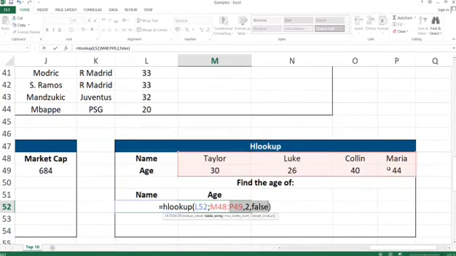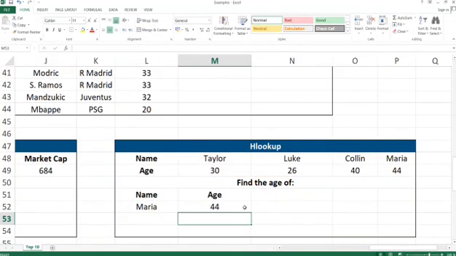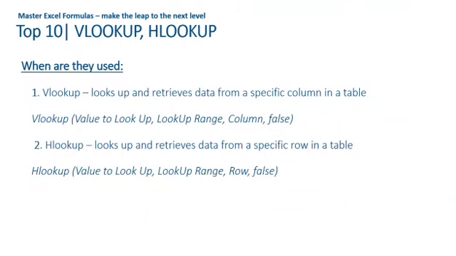And if I just replace the comma with semicolon again, we get 44. Again, this is an exact match. Okay, now going back to the presentation, after this group of formulas,